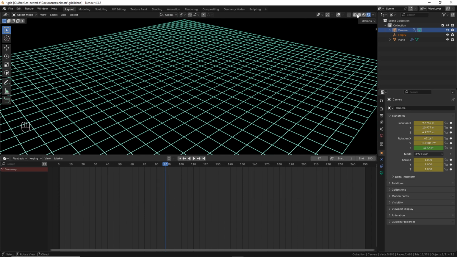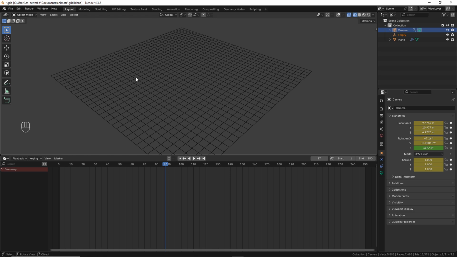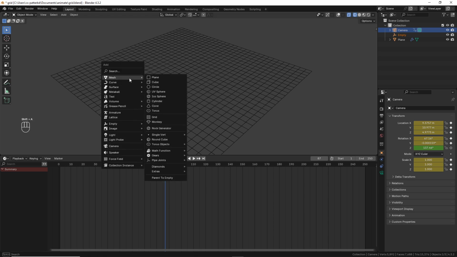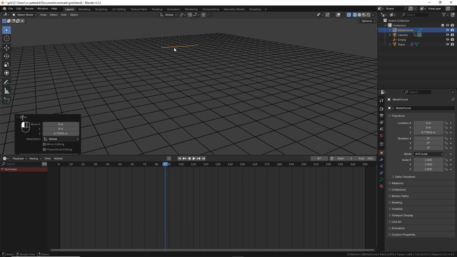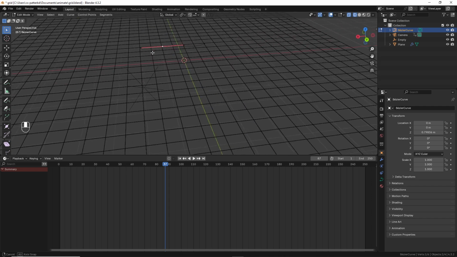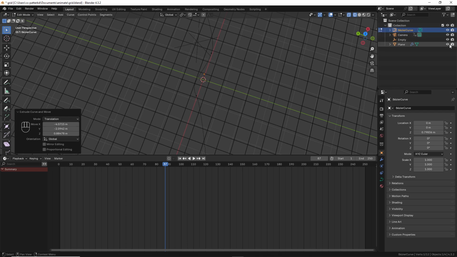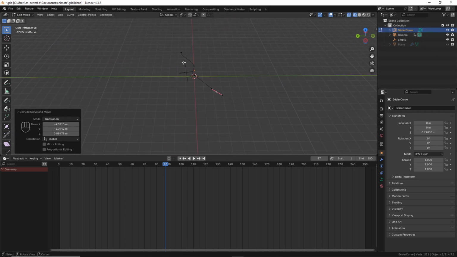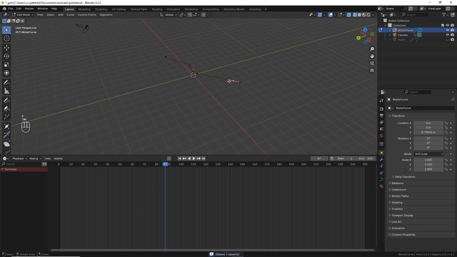All right, anyway, let's make our rainbow shape. And I'm just going to guess what shape I want here. So I'm just going to add a Bezier curve. There it is. Let's move it up a little bit, G Z. Let's go into edit mode on it. And we need our overlay so we can see what we're doing. And let's just extend this out. I'm just going to have a random rainbow going in different directions. And I'm going to turn off the plane because it's getting in my way. And we don't need this empty either. Did I make that empty? I don't remember. Okay. Let's go into edit mode, extend,